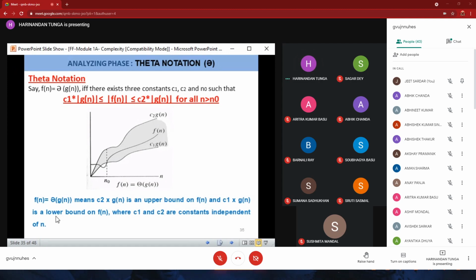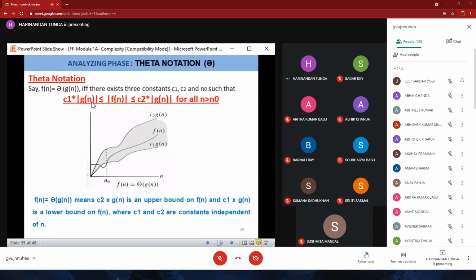The condition is mod of f(n) less than or equal to c into mod of g(n), and in big omega, mod of f(n) greater than or equal to c into mod of g(n). Combining these two equations,